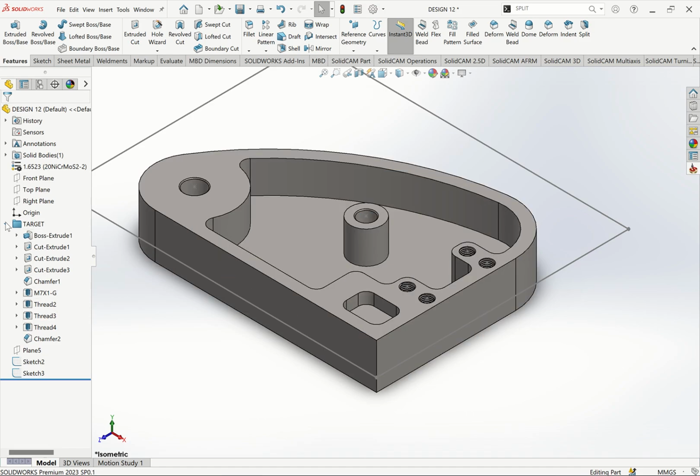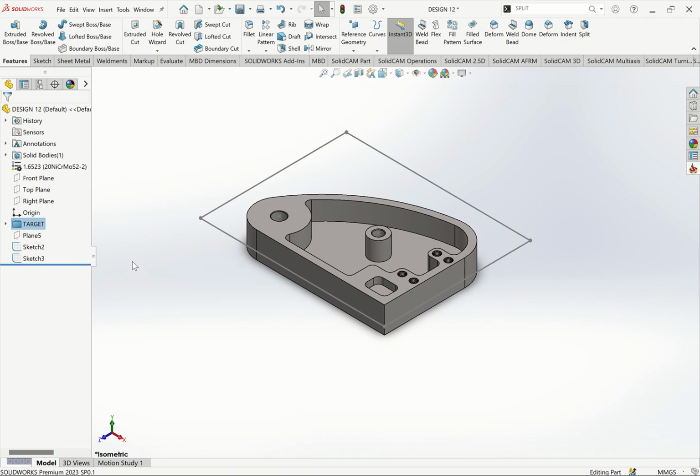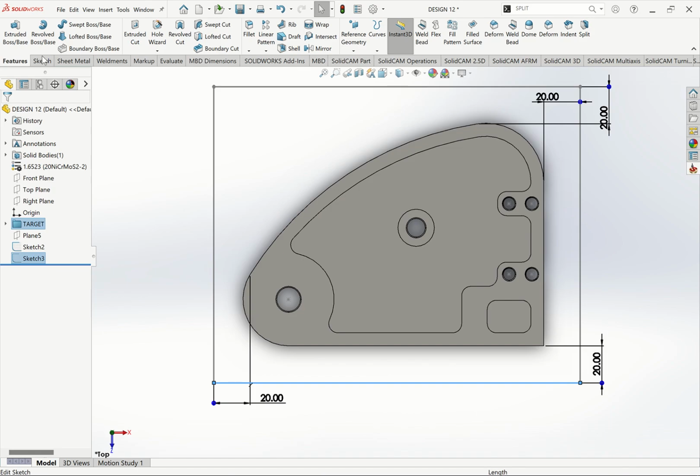Then I've separated my part. This is the target, the whole of this is the target. And then this is the stock. I want to create a stock. Let me create a stock. Maybe from this part, I'm able to create a stock. So come to